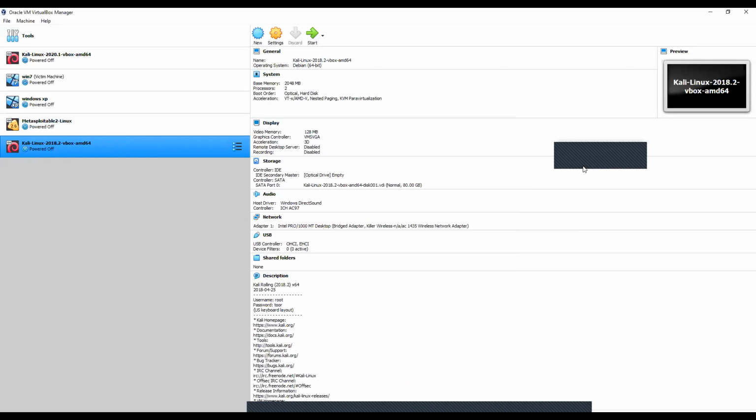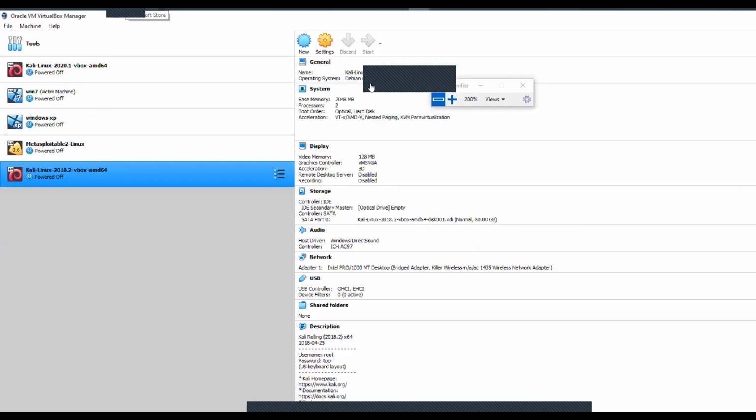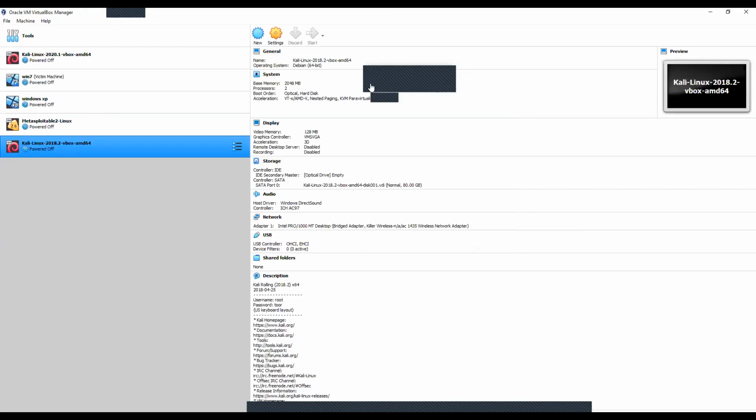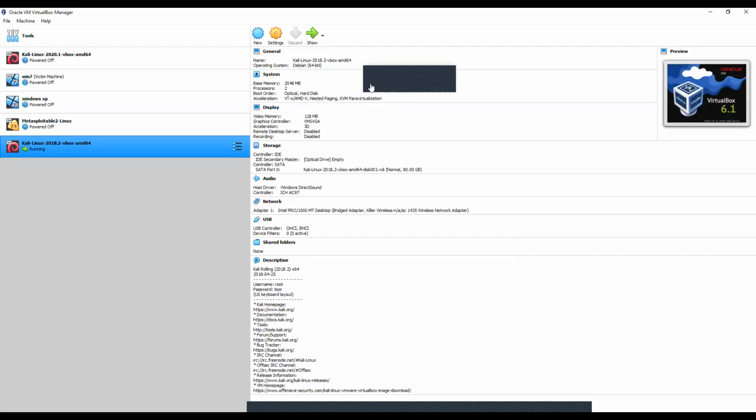I'll go with start. When I click on start, it will open up another window like this.